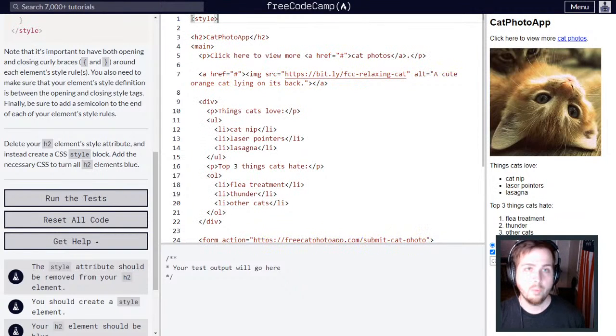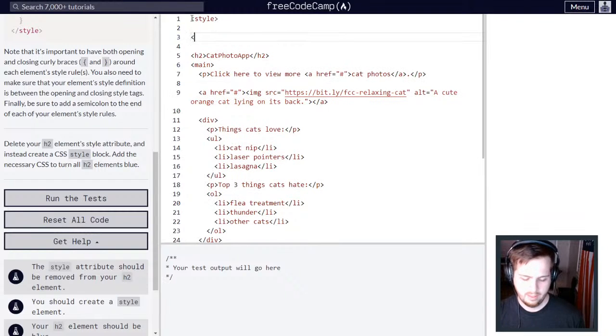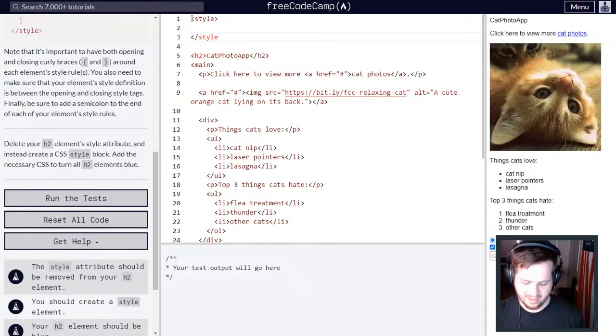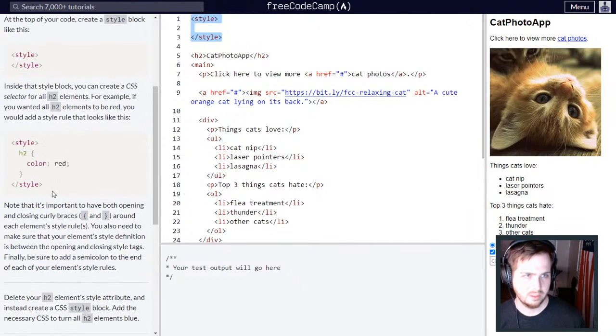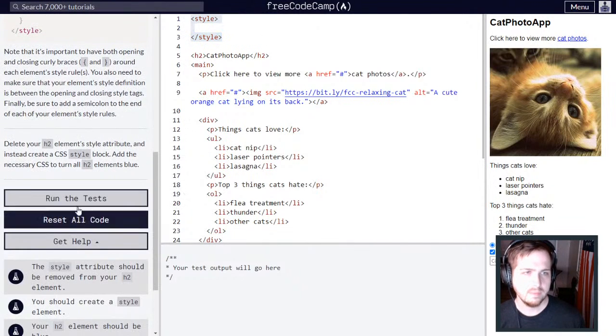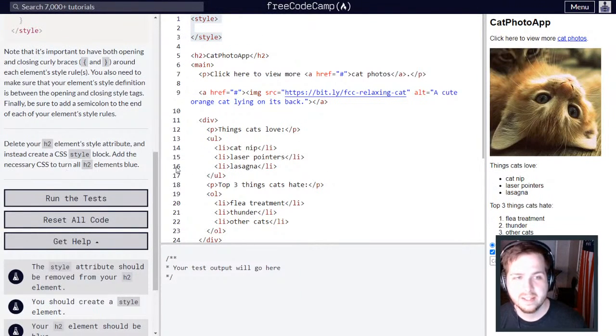That's the opening tag, and this is the closing tag. Everything that happens in here is CSS. It's not HTML. All right. So inside this new style block that we have created, going off the example here, we're going to add the necessary CSS to turn all the H2 elements blue. So how are we going to do it? Well, we could just say